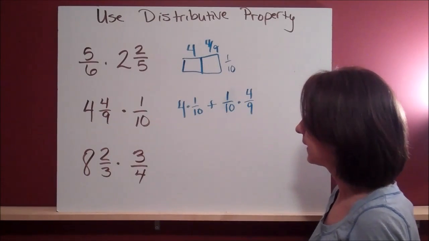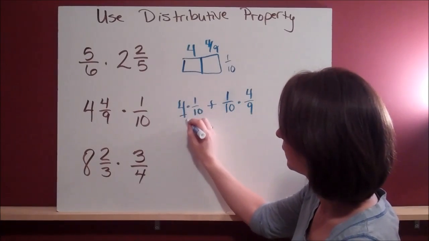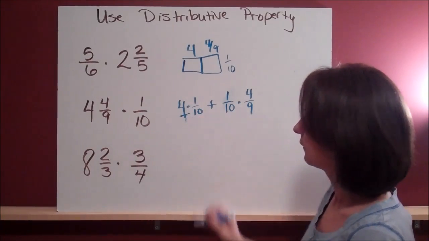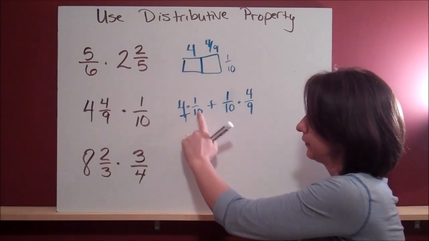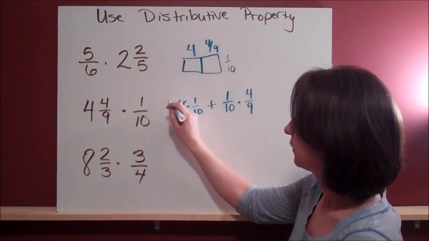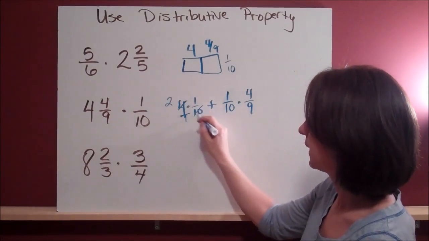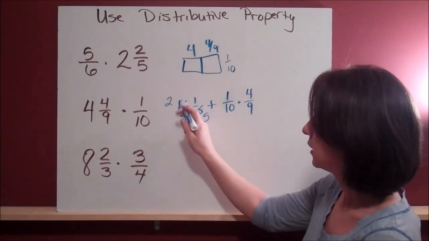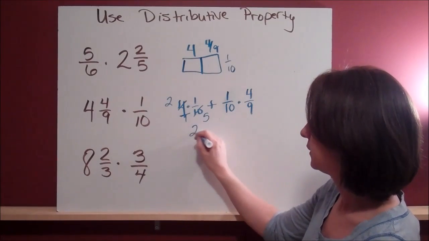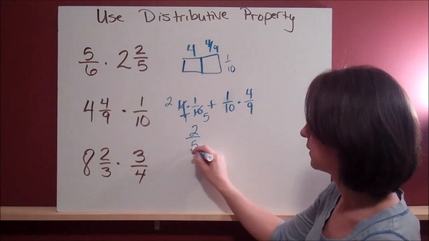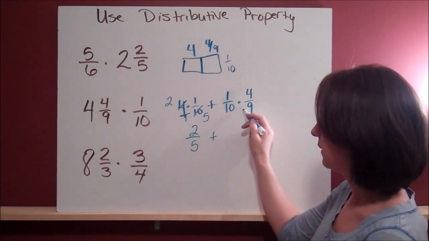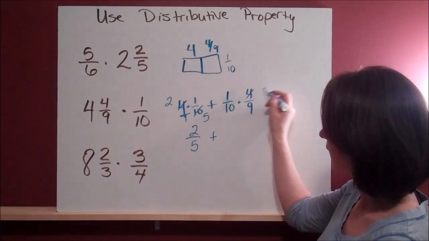Looking for something that I can simplify. I didn't fractionize that, and I can simplify here 4/10. So this would be 2 because I'm dividing them both by 2, and this would be 5. So 2 times 1 is 2, and 1 times 5 is 5. So whatever I get here, I have to add to 2/5. Again, I can simplify